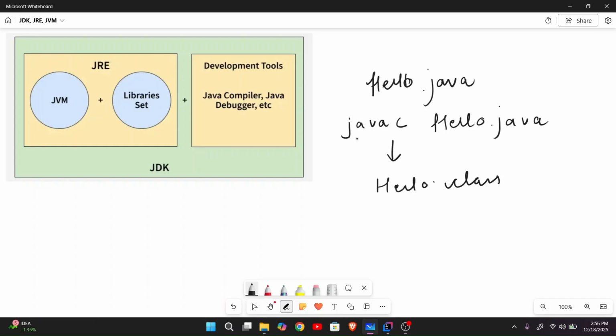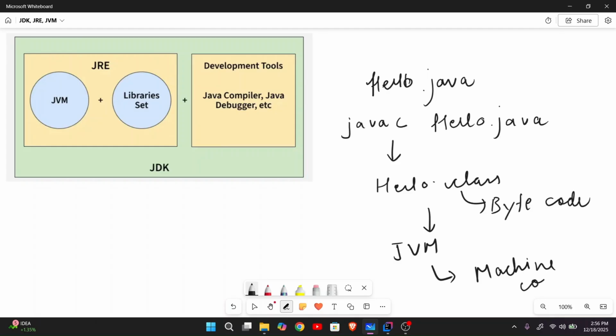Now what is javac? Javac is just a Java compiler which comes inside JDK, and it converts the Java file into a .class file, which is also known as bytecode. This goes into the JVM, and the JVM converts this into machine code, so that Java can run on